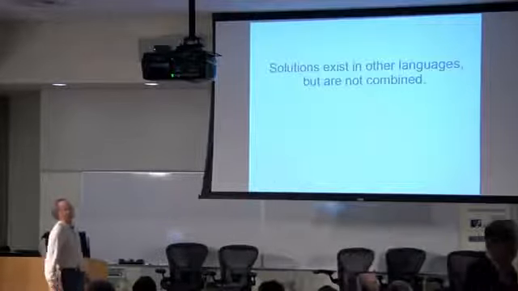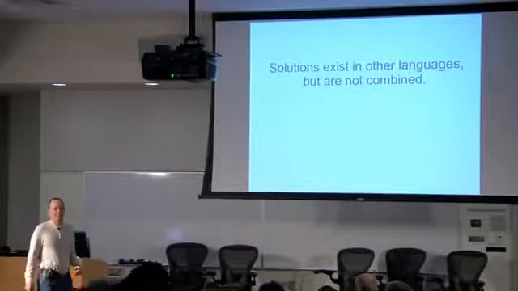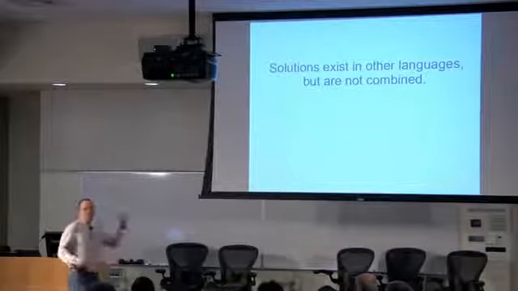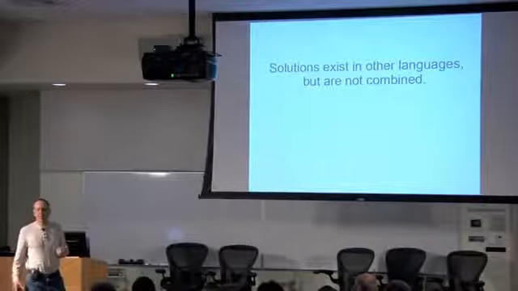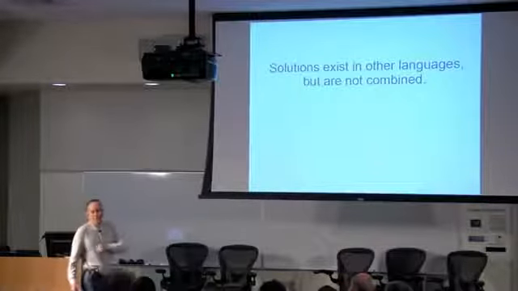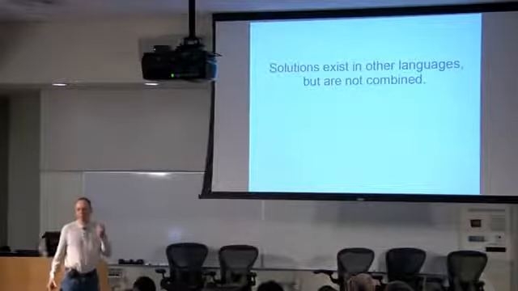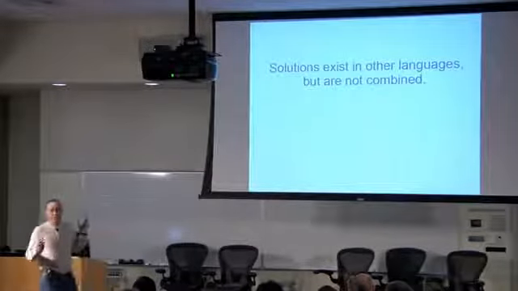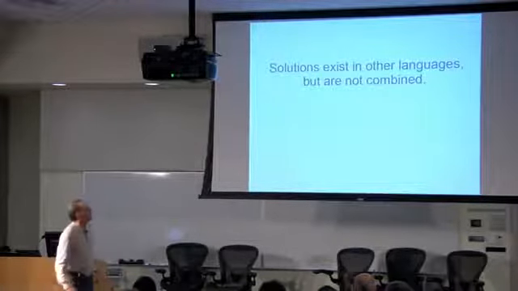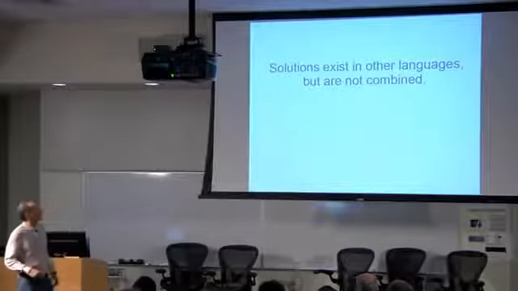So what about existing languages? I know what you're thinking. All of these languages have solutions, but you usually only get about two out of three. You get modeling power, you get convenience, or you get efficiency. Pick 2 out of 3. Well, with D, I want to show that what you get is 3 out of 3. That's the point of D. That's why we're doing it. We want it all. We want 3 out of 3.